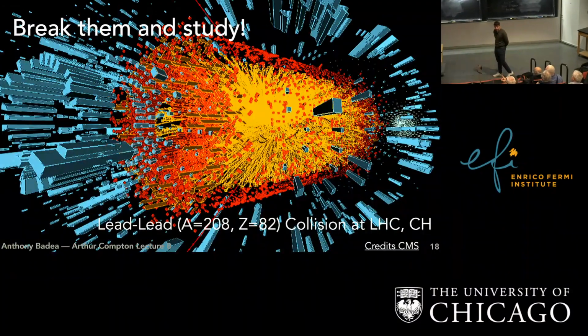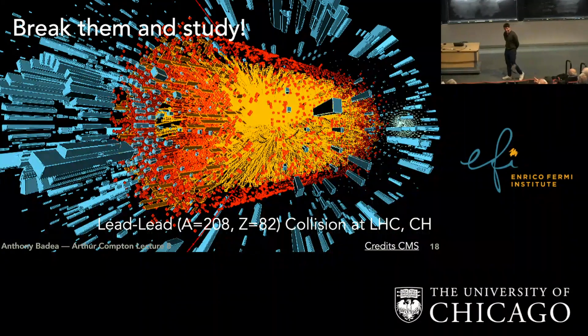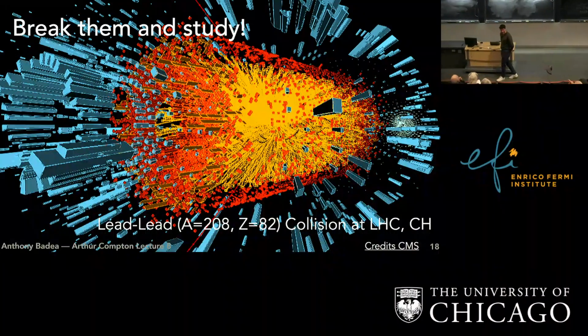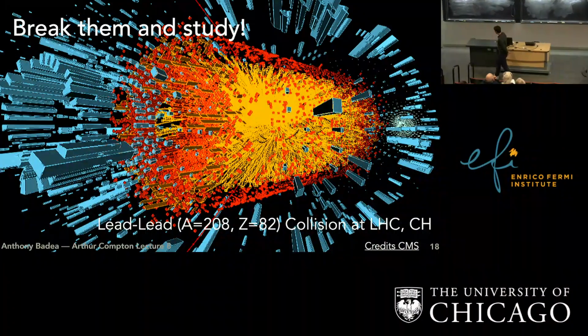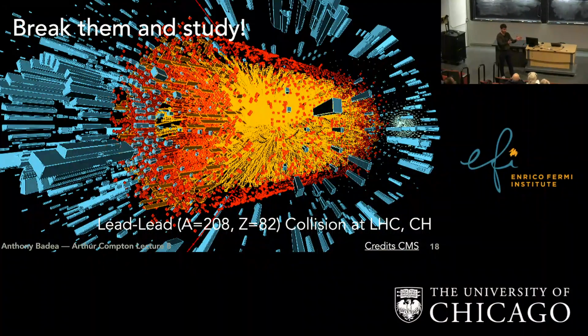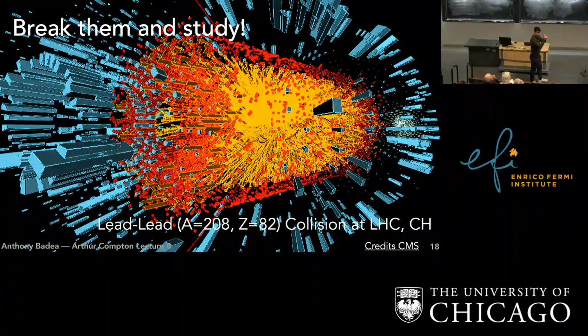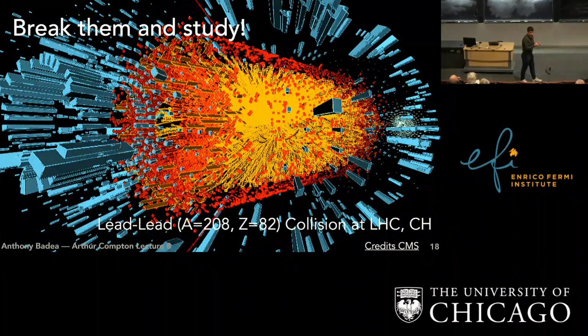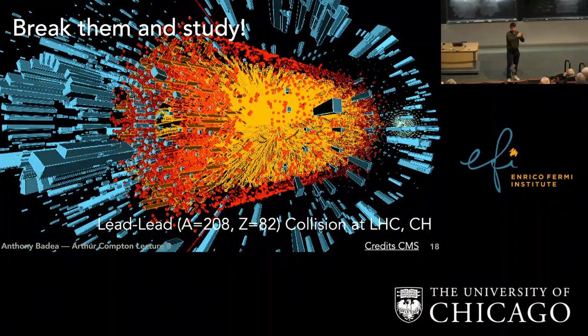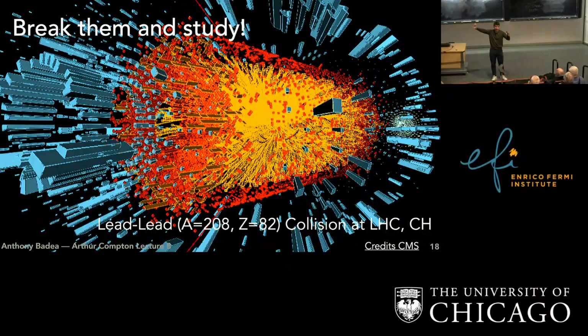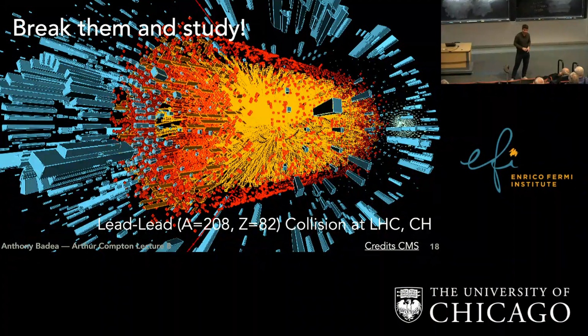The size of these blocks represents something. The size of them has to do with just the physical size of the detector cell. The colors of them have to do with the amount of energy actually left. So you see lots of energy, these yellows, tons of energy on the inside, and then cooling down and getting less energy on the outside. But the physical dimensions is of the actual detector cell. So like in the calorimeter, you have effectively a box. Particles go through the box, and then what we're plotting here is just the box.